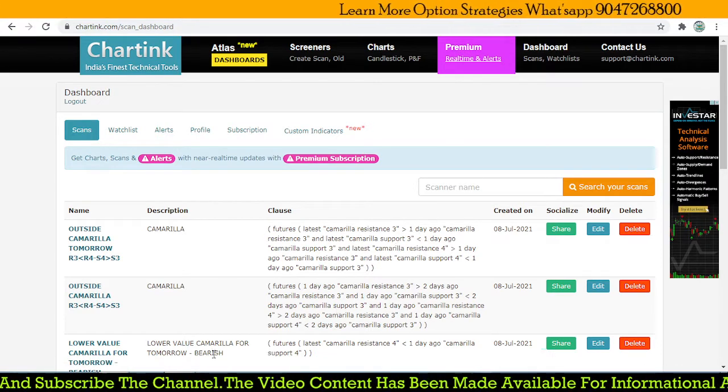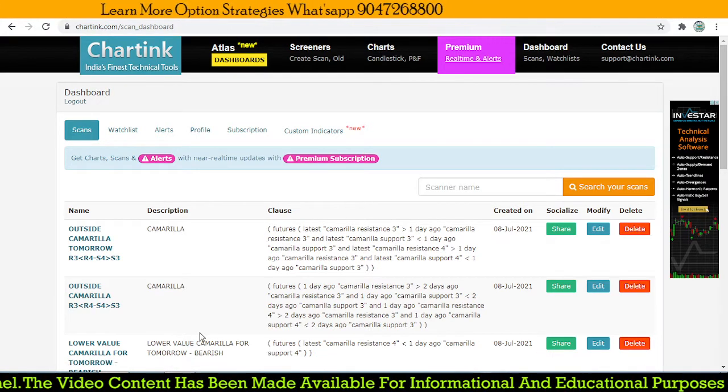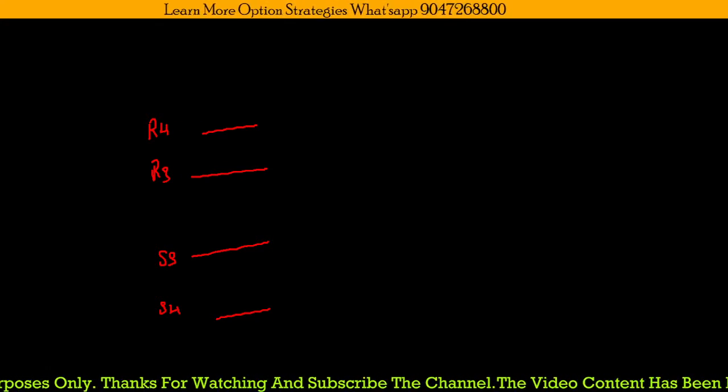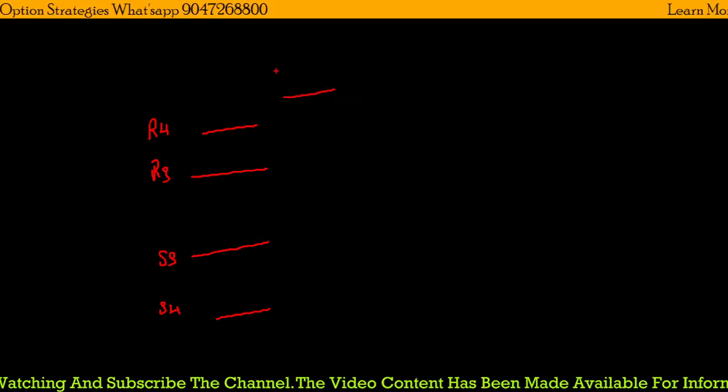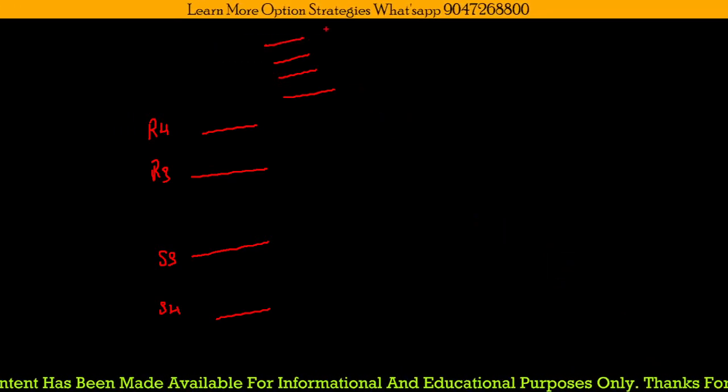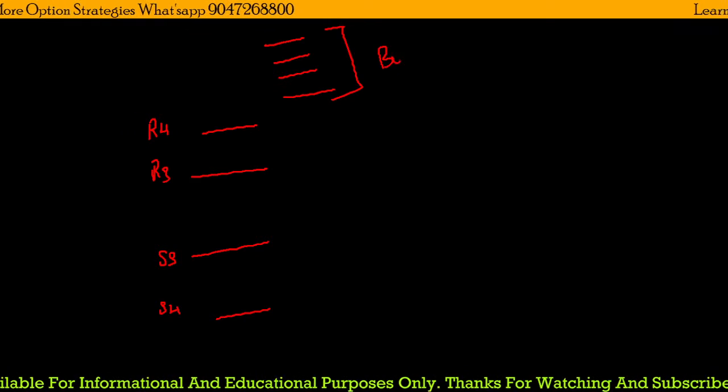We already told you the strategy we are going to focus on first. As for our Camarilla levels, we have 4 levels for the trade: R4, R3, S3 and S4. When the stock opens completely above these levels, we are going to find the stock for a bullish trade. So we are simply going to focus on a bullish kind of trade.